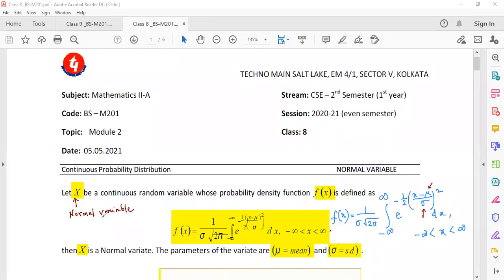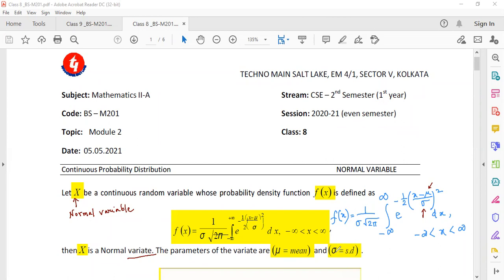Or sometimes people call it normal random variable, or sometimes it is called normal variate. Variate is the synonym to the word variable. It is often used in statistics. The parameters of the normal variate are mu, which we call basically the mean, and sigma is called